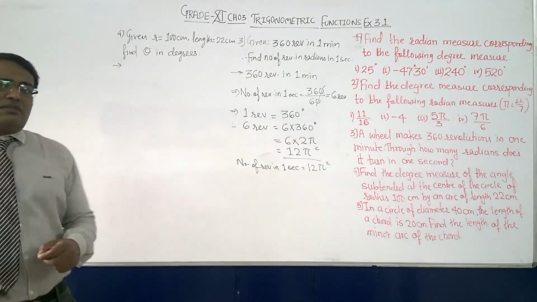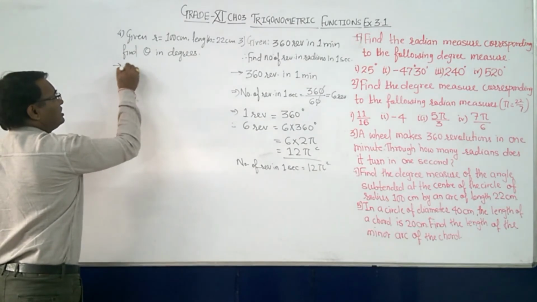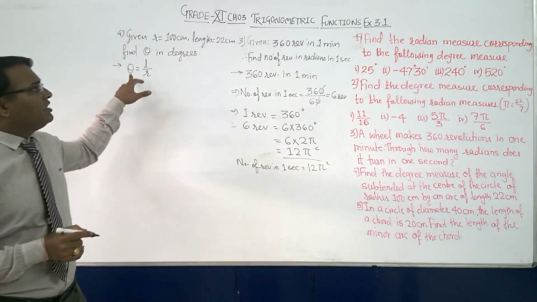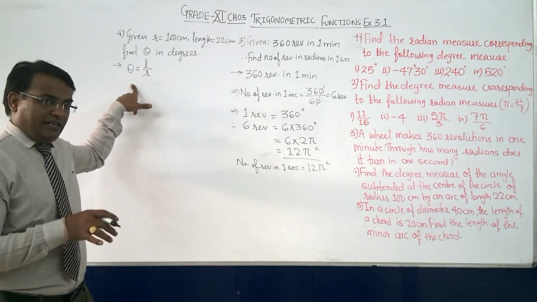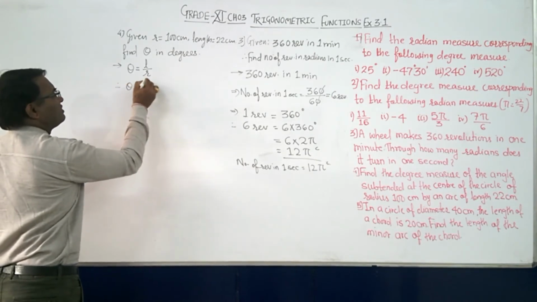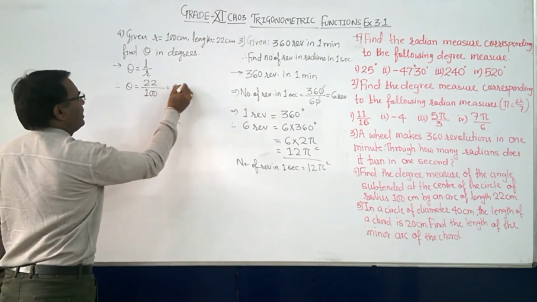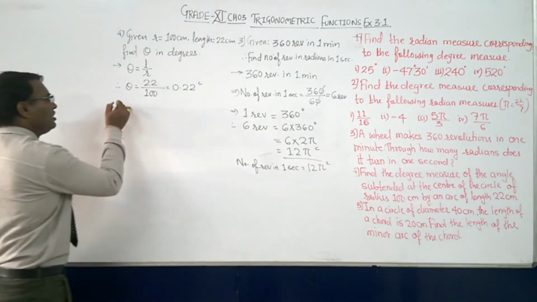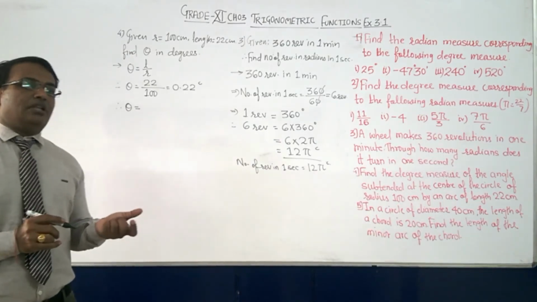Okay. Then a simple formula I told you in the last section also. What was it? Theta is equal to L by R. But here whatever theta you will get, that theta will be in radians, not in degrees. So first we will get the theta in radians, then we will convert that radians into degrees. So therefore theta is equal to, what is L? 22. What is R? 100. It means 22 by 100 radians we should write. Yes. Therefore this theta is equal to, now as we converted a few of the examples, that is what?